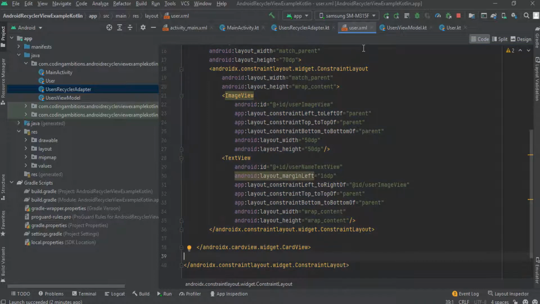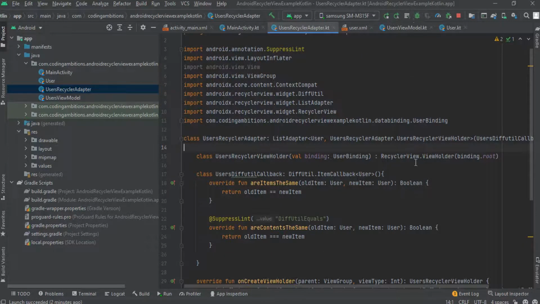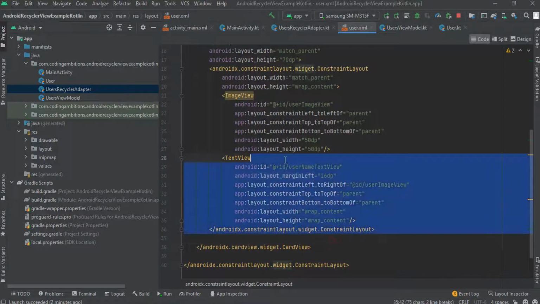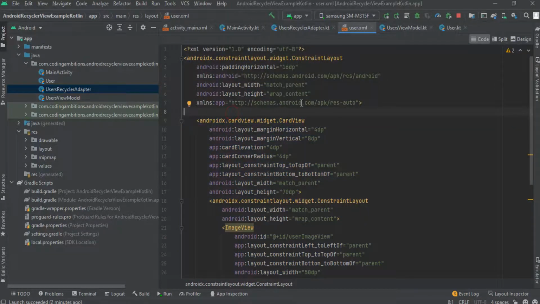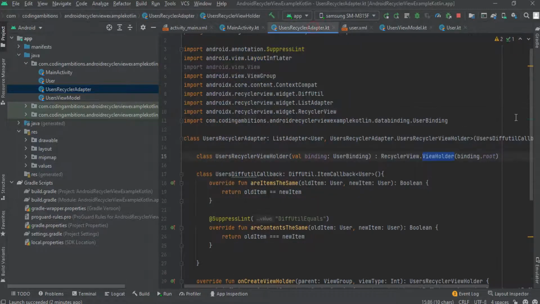So that decreases the performance of the RecyclerView. For that purpose, ViewHolder is used in the RecyclerView. What the ViewHolder does is it holds all these views in a single item view. So it enables the recycling of views in the RecyclerView. It makes that thing easy. So this is all about RecyclerViews, and I hope now you guys have an idea about RecyclerView